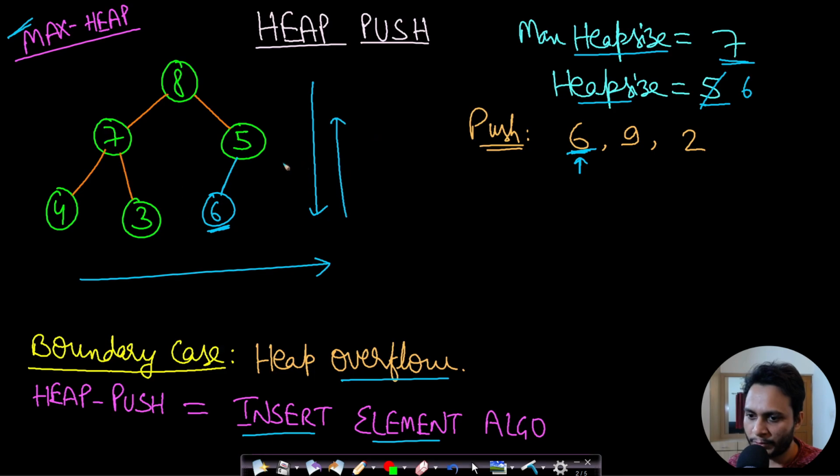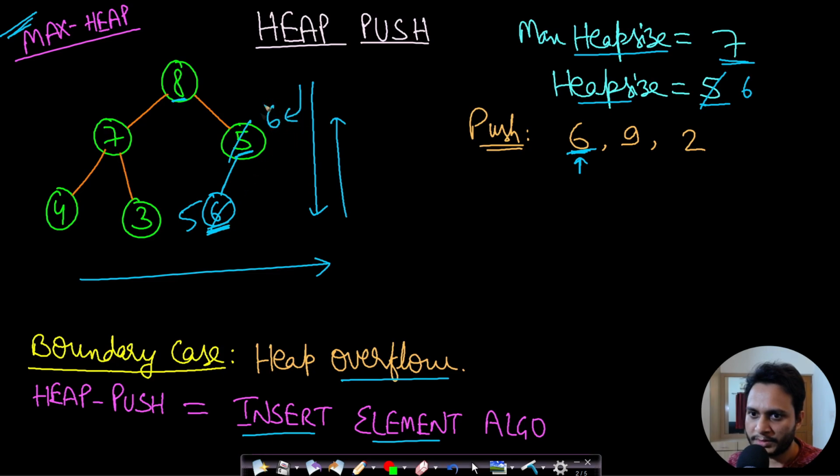All these I have already explained in my previous videos on heap algorithms. If you apply percolate up, then we check the inserted element against the parent element until we reach the root node, or until we find a parent which is greater than the current element. So here you can see that 6, which is the current element, is greater than its parent 5. But this is a max heap, so the parent should have been greater. Therefore this is not following the heap property. So we copy this 5 here and 6 will go here, right?